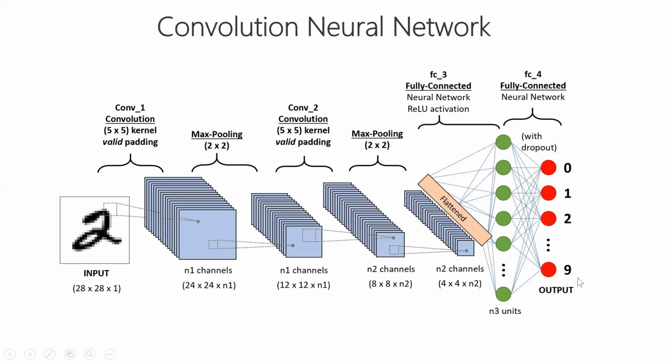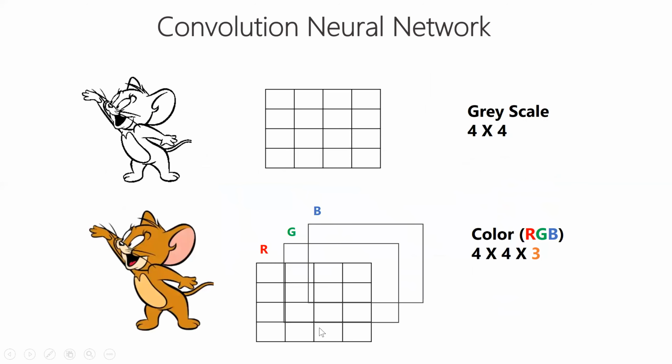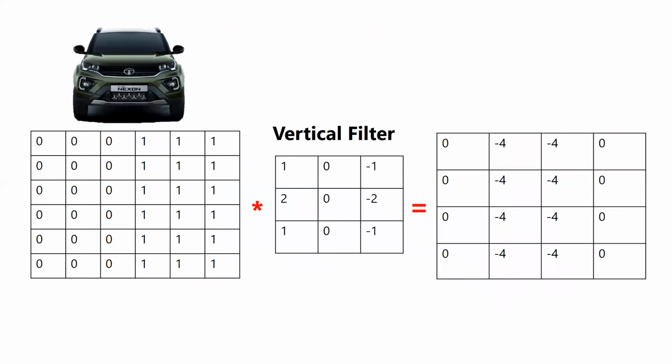So just consider whether we are identifying a dog or cat, then how many nodes will be in the output? There will be two, right? Obviously if it is a cat, the cat element will be 1 and dog will be 0. If it is a dog, dog will be 1 and cat will be 0, right? So this is the skeleton of a convolutional neural network. And for RGB, we will be adding one more element, which is cross 3. For grayscale it is cross 1, so it doesn't matter.